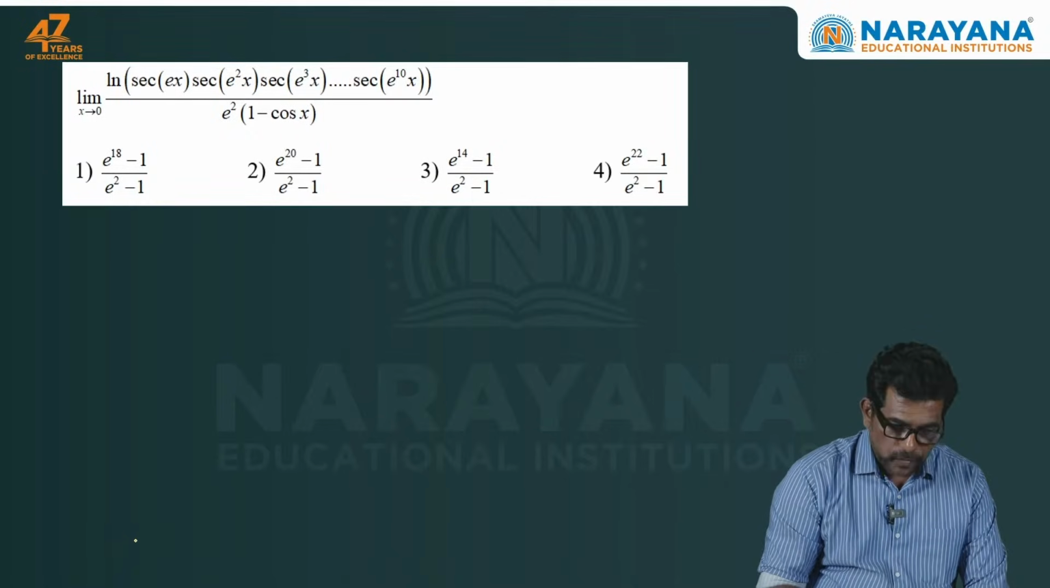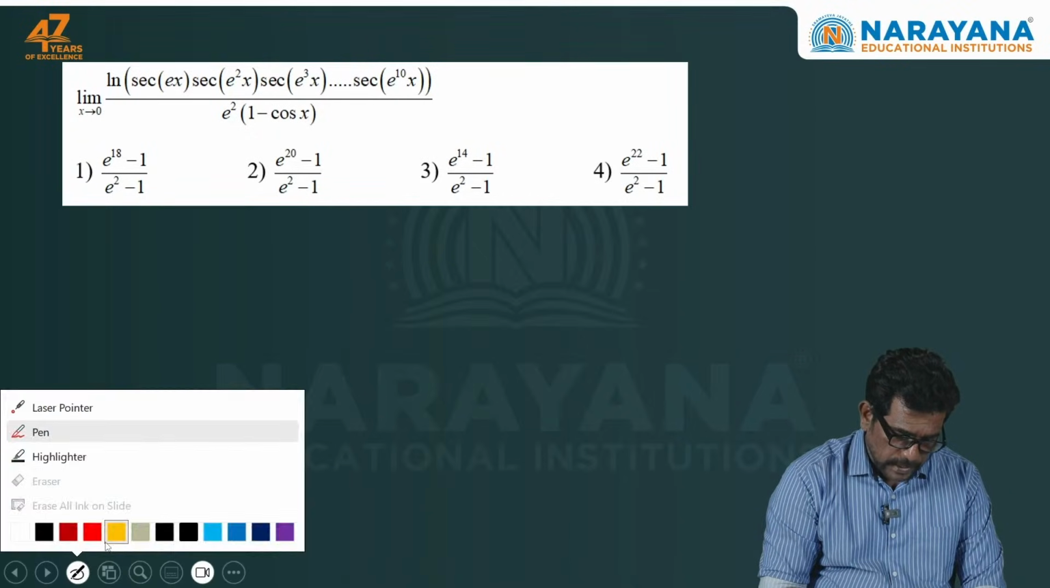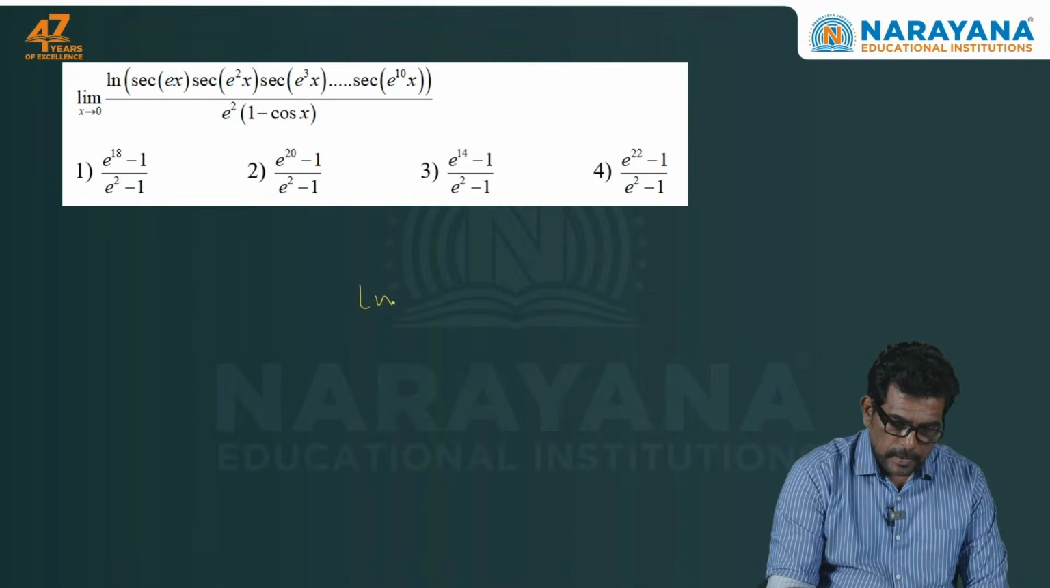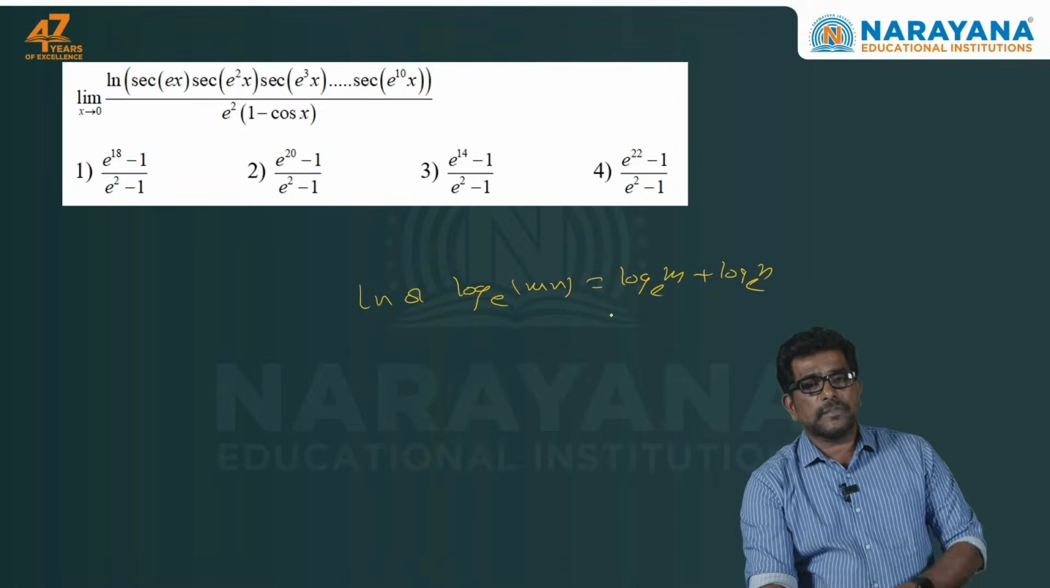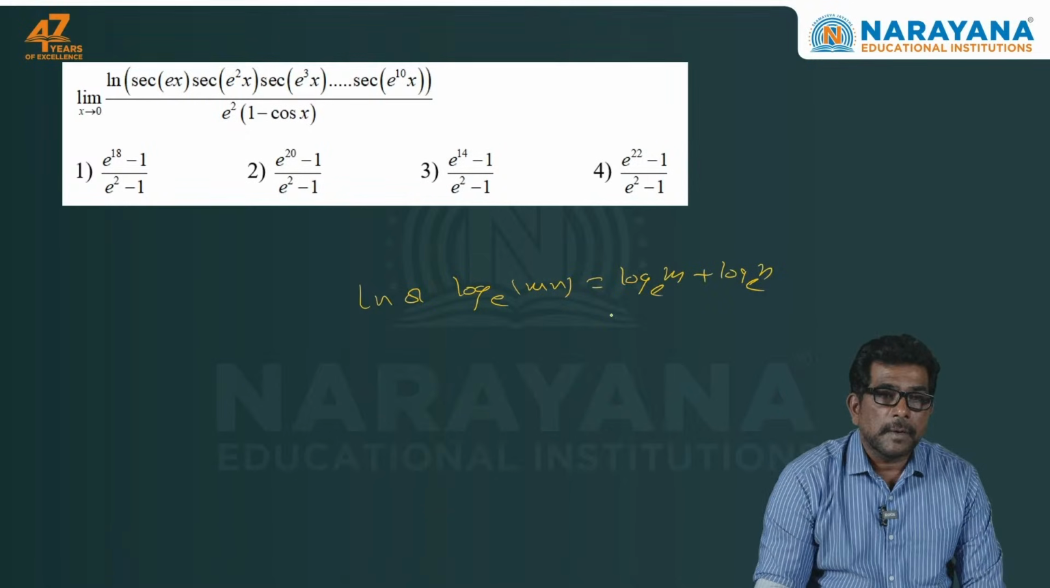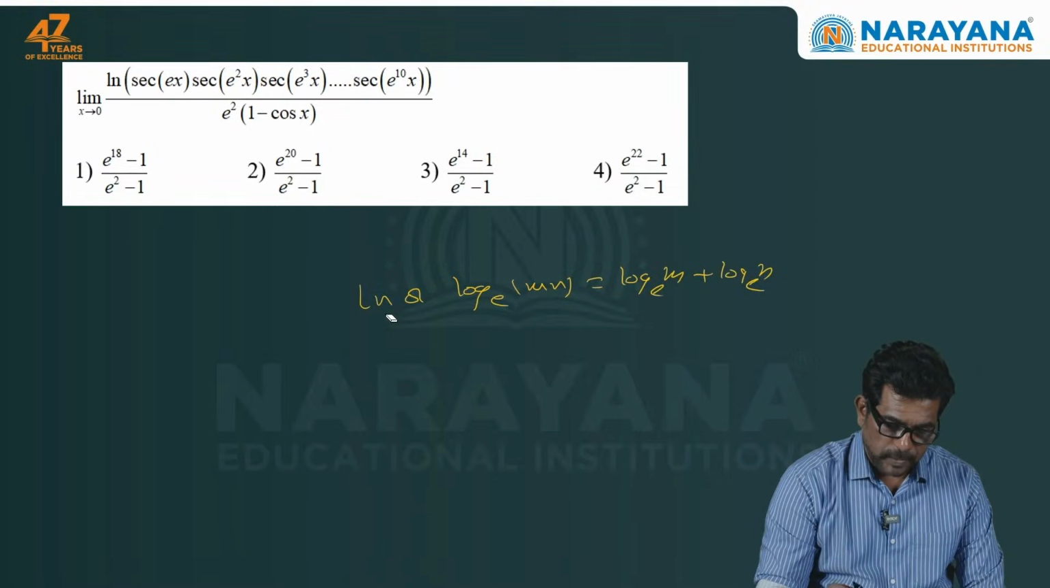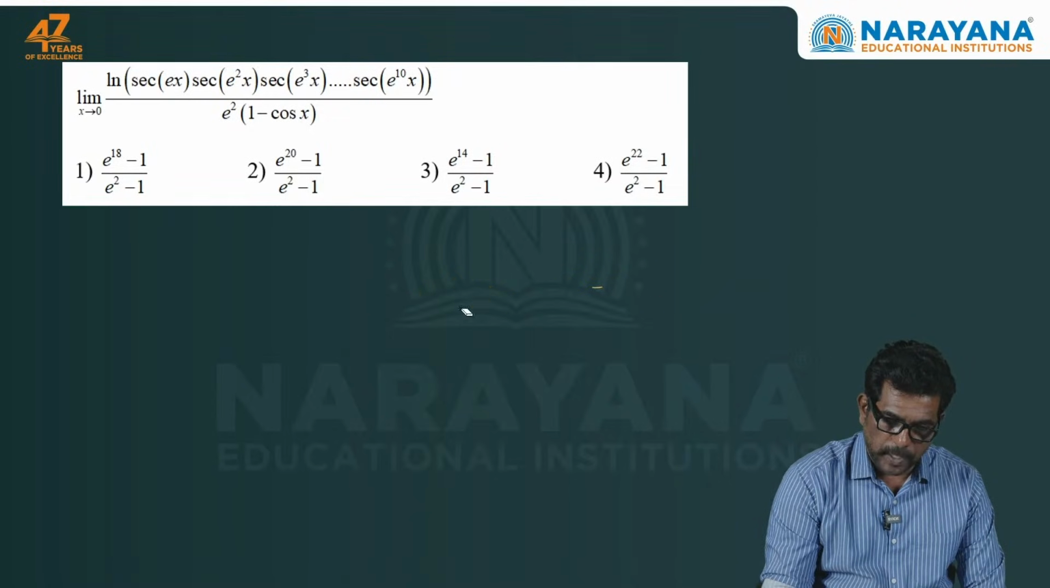Ln is there, so we are using the logarithmic formulas, that is ln or log base e of mn. We have the formula log m to the base e plus log n to the base e. Using this formula, we are going to rewrite the product in the numerator as the sum of the 10 terms, using this formula. That is,